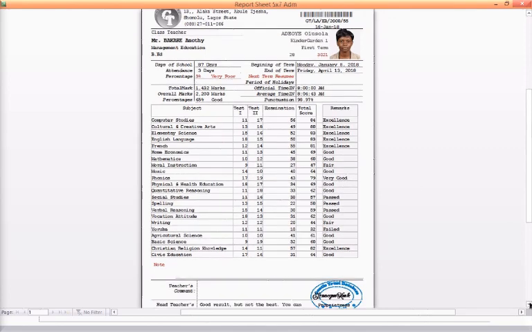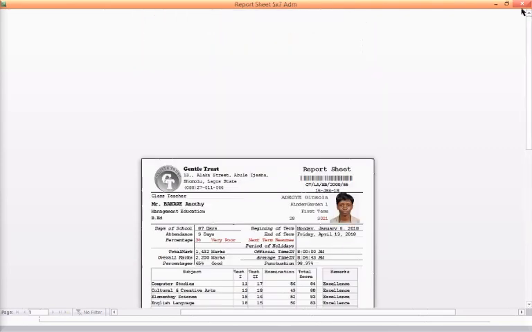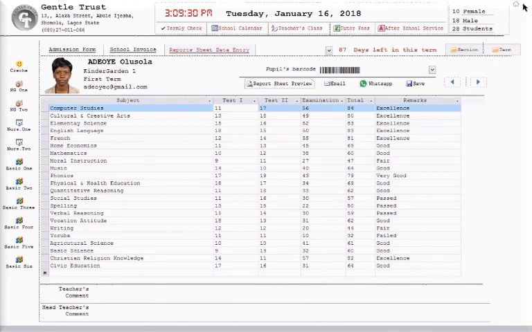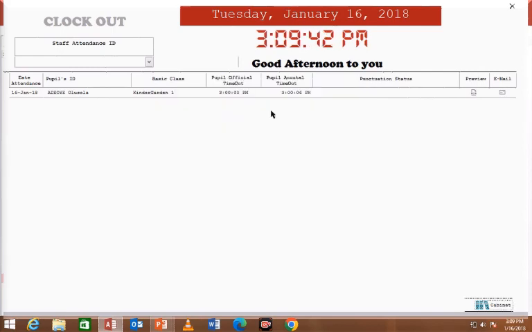Now if you look at my report sheet here, like I told you, this one is automatic. You understand? As you put in this data, it gives you the head teacher's comment. This one you just design automatically. There's a particular mark, and you give the remark to the pupil for the particular mark it gets, and you see it keeps doing it by itself. And if you don't want it, you go to your design view and you redesign it. So here, let me stop from here, go back with it. 1, 2, 3, 4. I sign out,